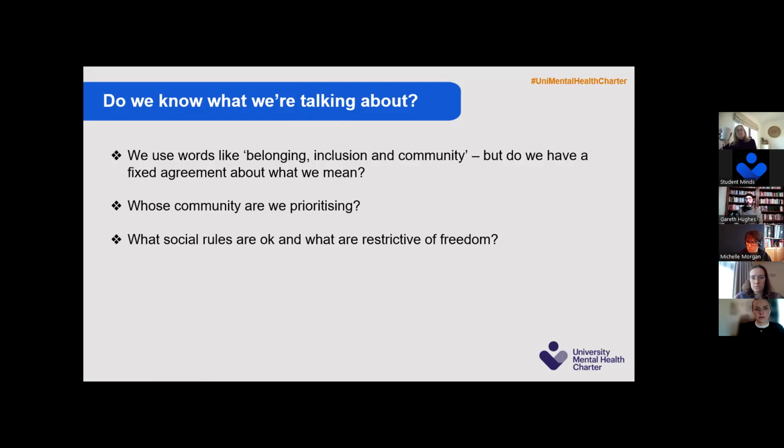There's another case here about, for a community to exist and be cohesive, there have to be a set of social rules by which everyone operates. But there's also then a complaint from some people that what that then does is it places a restriction on their freedom of speech and freedom of behavior. And how do we balance those two things up and still have a cohesive community that's good for mental health and well-being?